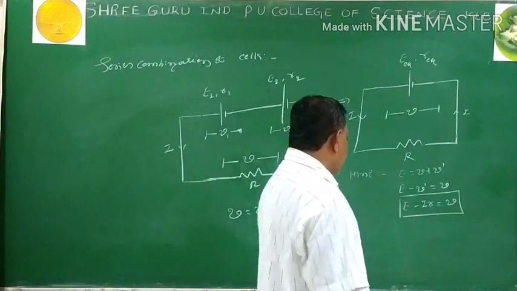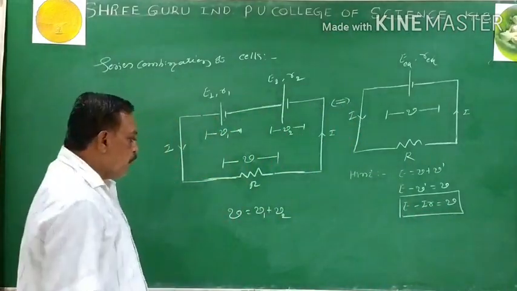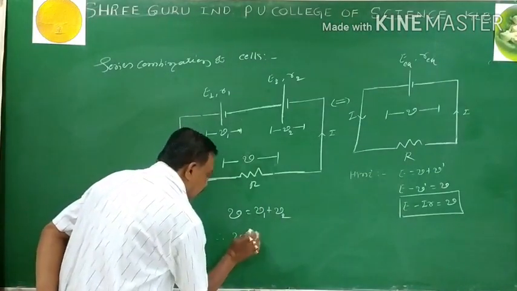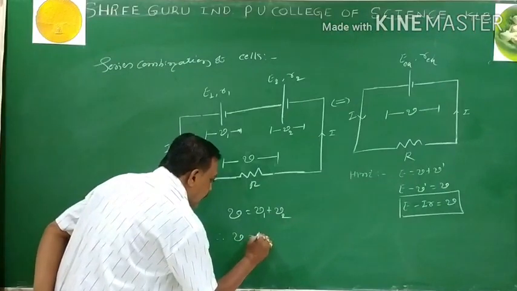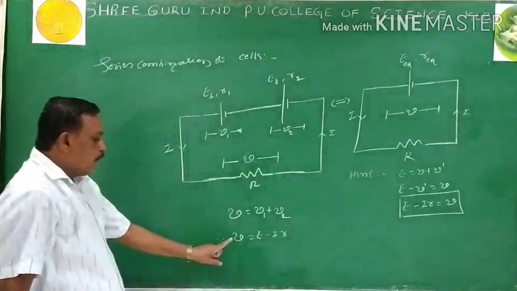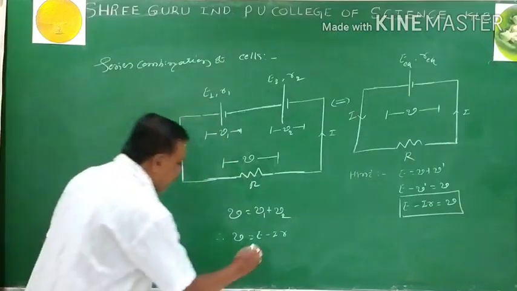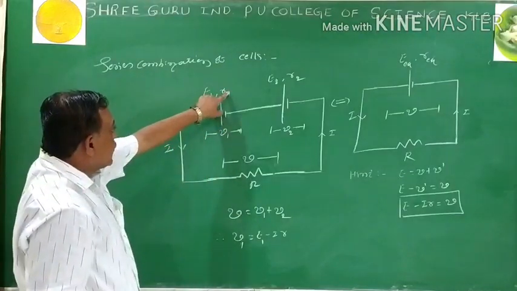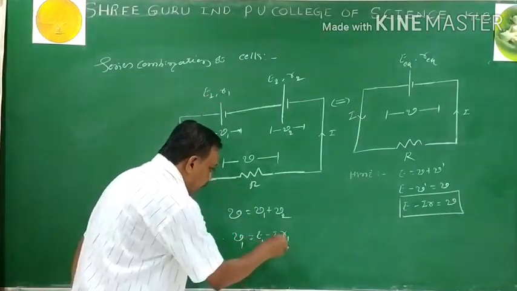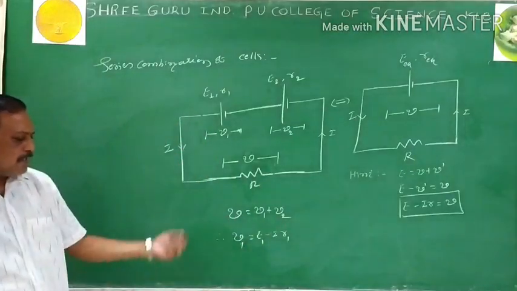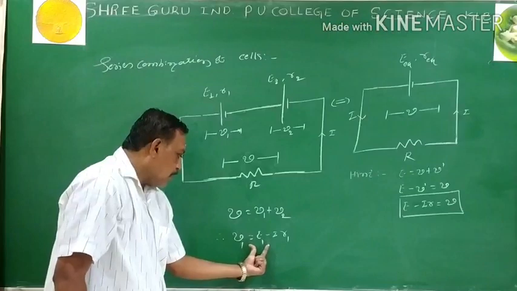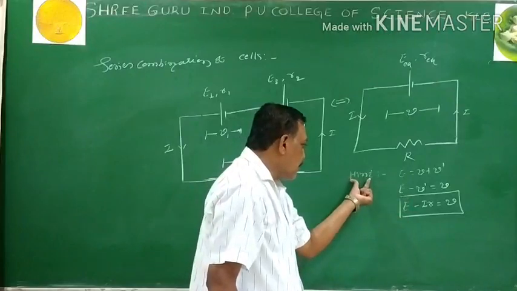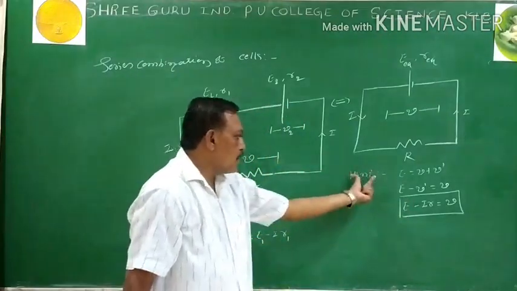I take this hint, so I represent V1 and V2. V1 equals, I can write the same equation, E minus Ir. Then I analyze it: V1 across E1. E1 has internal resistance R1. Current remains the same. This is our equation. This is what students should learn without violating the steps. Now this is our basic equation. Hence I mentioned the hint here. The complete derivation is based on this hint only.